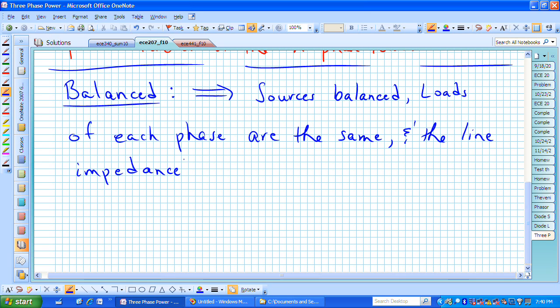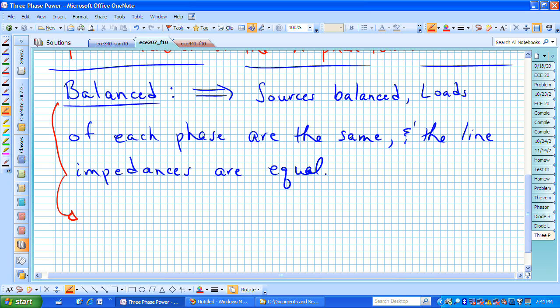And the line impedances, which in this case are real, they're R sub L, but it could be Z sub L. As long as the real part and the reactive part are equal, then those would be a balanced set of lines. We have all of those pieces that are satisfying the balanced conditions, and that allows us then, because